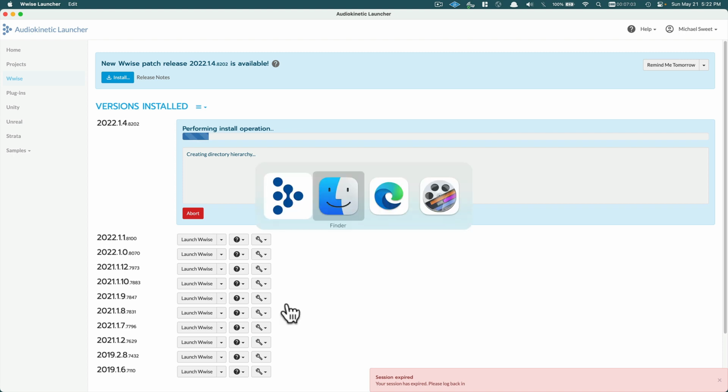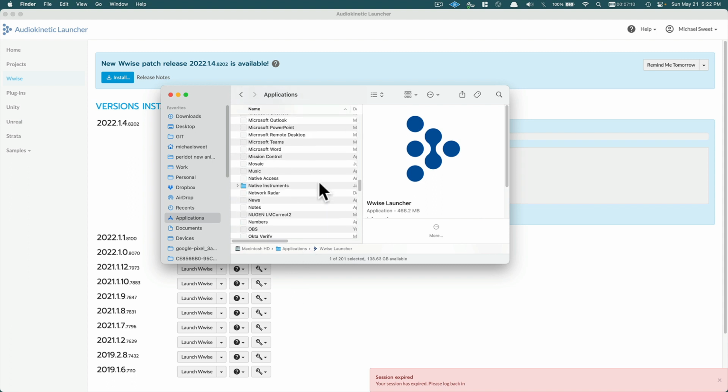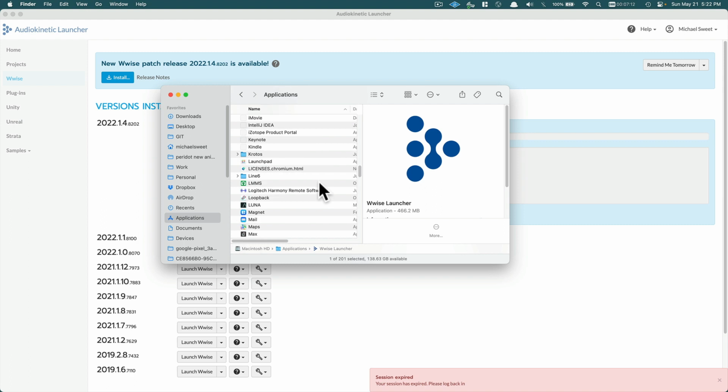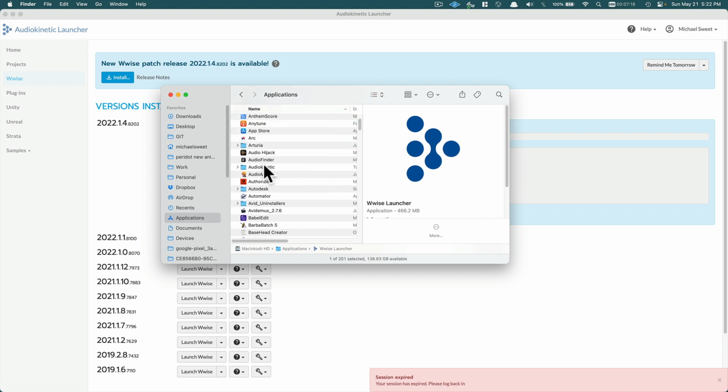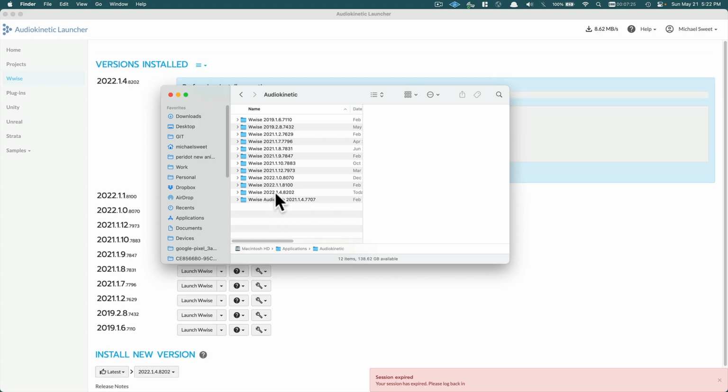I can go over to the Finder and go to the applications folder. So on a PC, it'll be your programs, where your programs are located. But it's basically the same. And then if I scroll up to Audiokinetic here, this is where it puts the editors. So right now it's installing this version here,